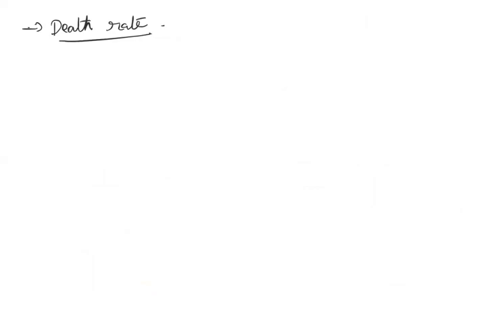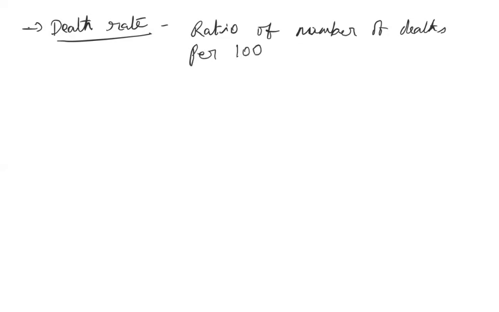So it is the ratio of number of deaths per 1000 population in a year. So the formula will be: crude death rate is equal to